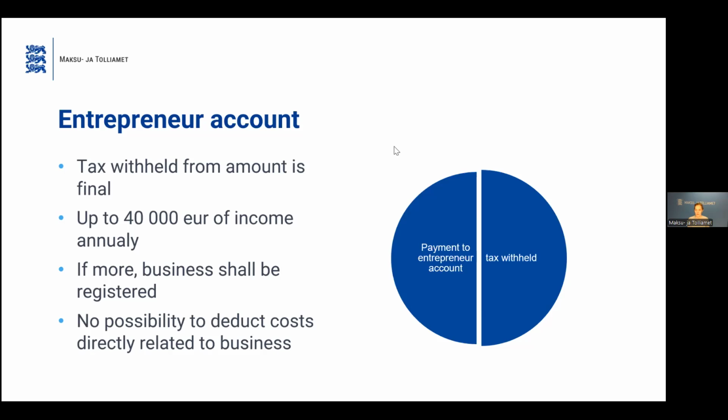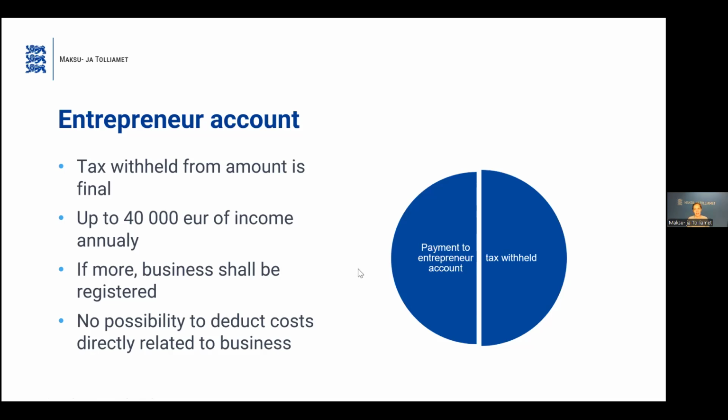Everything is done already. This tax includes also social part and VAT part, although it is much less than those all taxes together. It is not 50%. This picture is only for illustration to show that if you receive payment to this entrepreneur account, the tax is withheld, for example, 20%, or depending on if you have joined the second pillar of pension, this may be more than 20%.